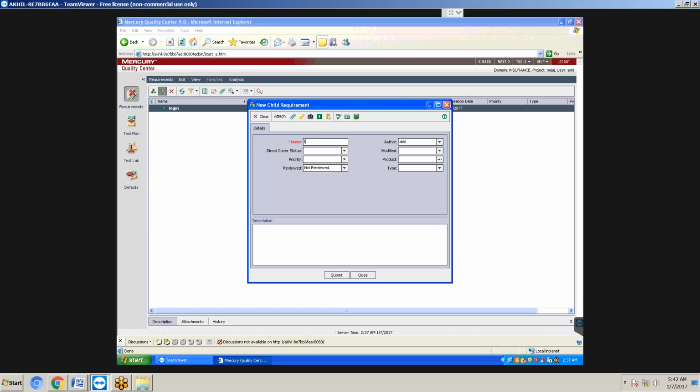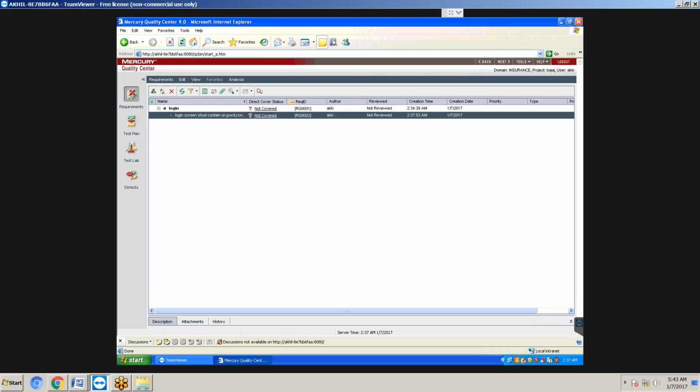First requirement: the login screen should contain username, password, connected to fields, and login, clear, cancel buttons.